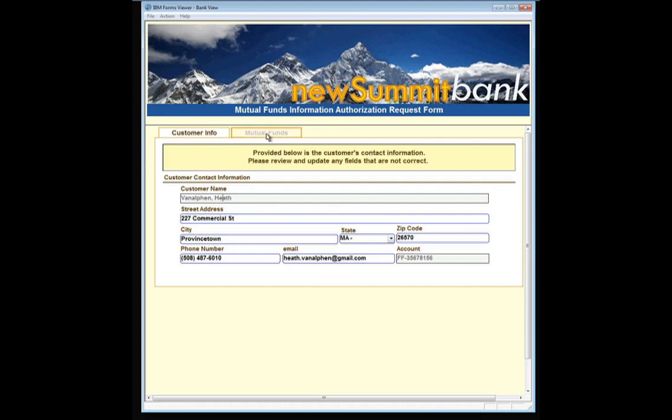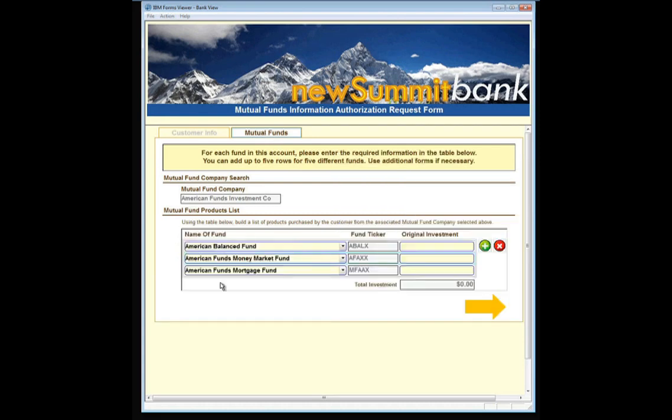records. Continuing on to our mutual funds, we can see that the bank gave us a list of existing funds that we have, and now it's our responsibility to enter in our original investment, right? So let's say that we've purchased a number of different items, but let's say that the bank's records weren't necessarily up to date. We no longer have American Funds Mortgage Fund. We're going to